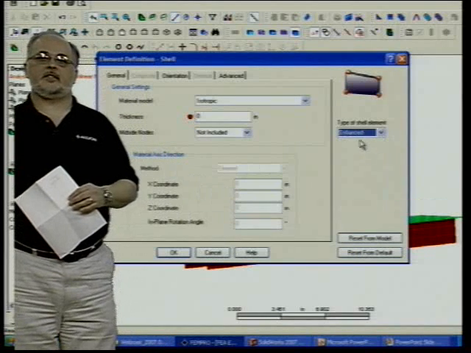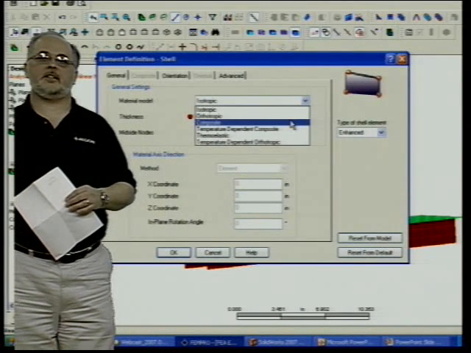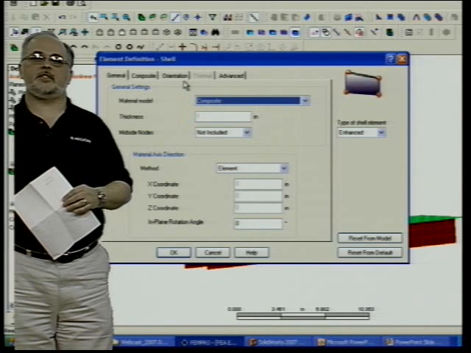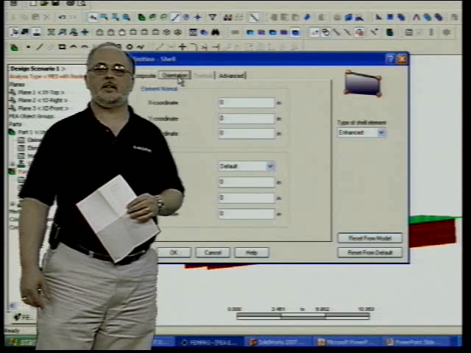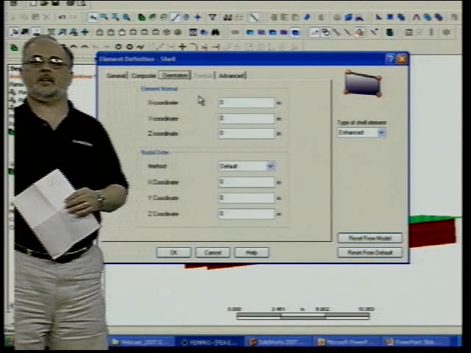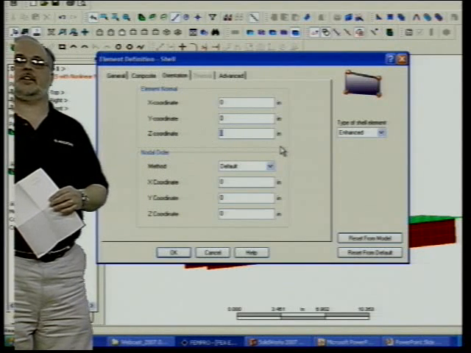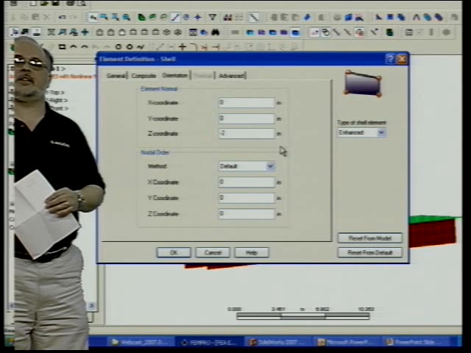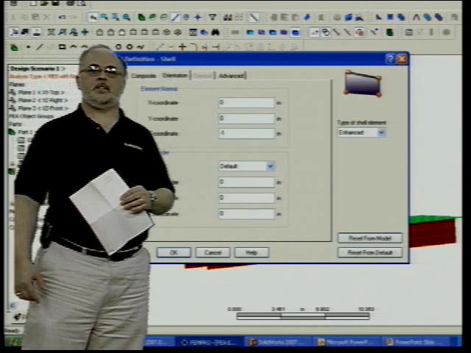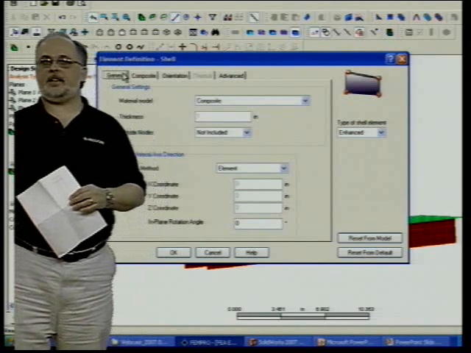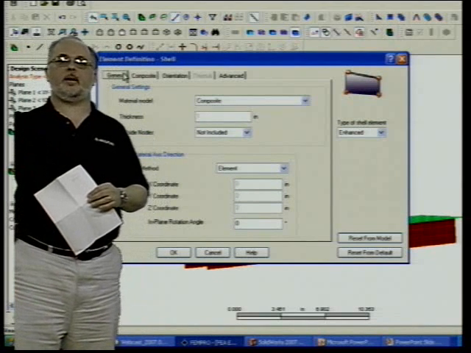Set our enhanced shell composite type. We're going to use the same axis definition of global Y. Actually, do that on the first tab. Okay, you can set that while you're there, -1 for the normal point. What that's basically going to do is define the bottom of the top part